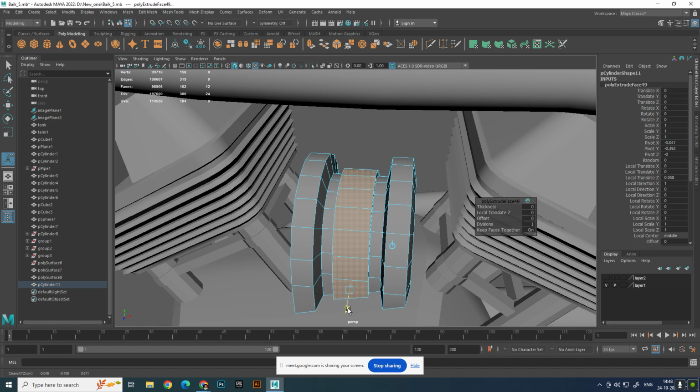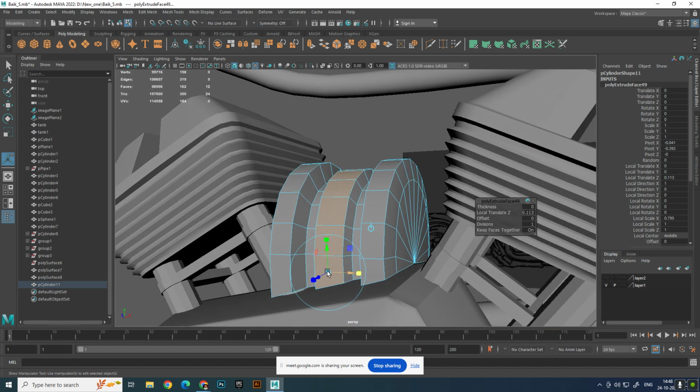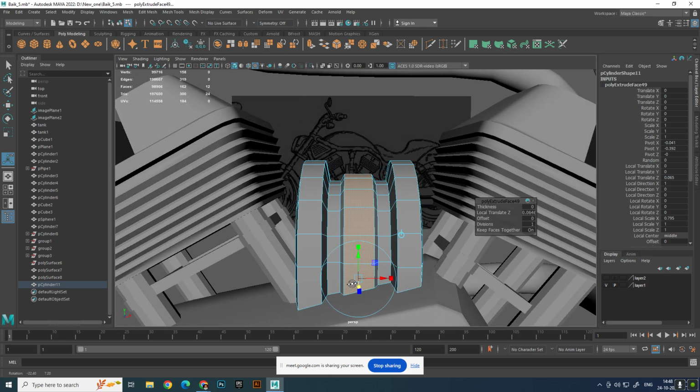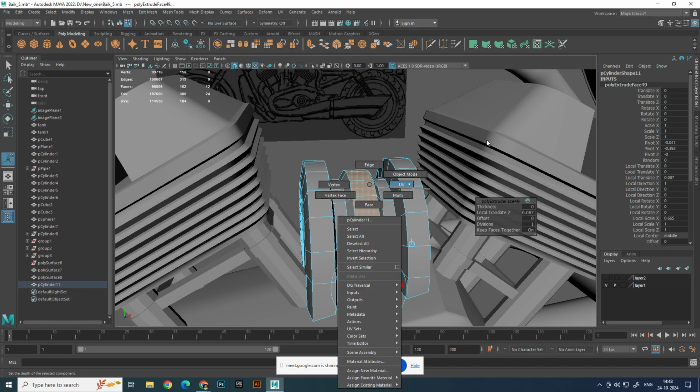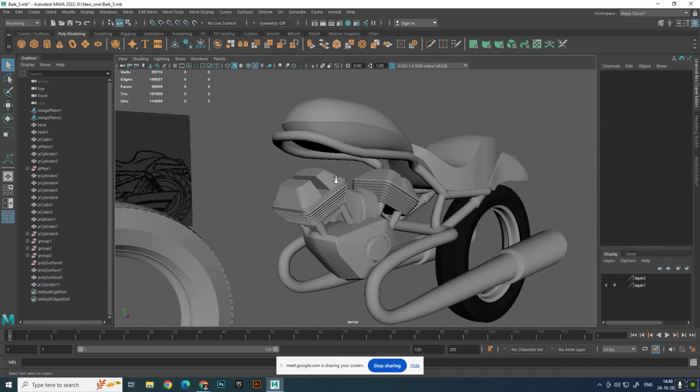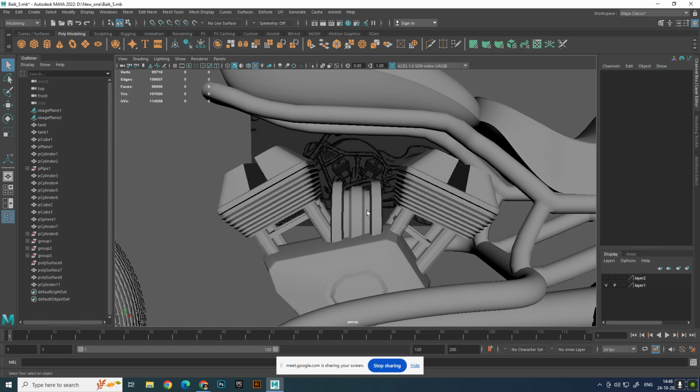Extrude. Keep this in the top area. From here,